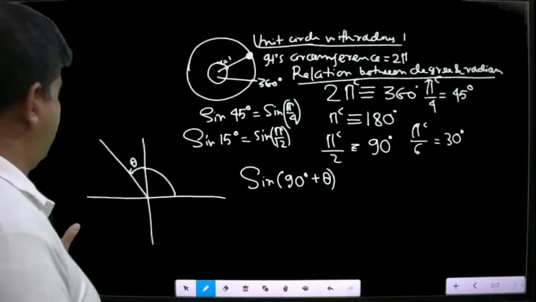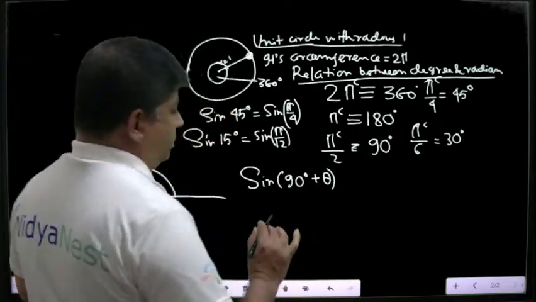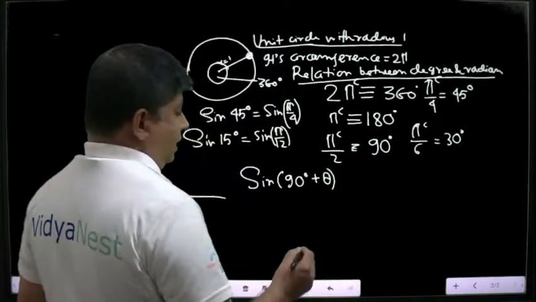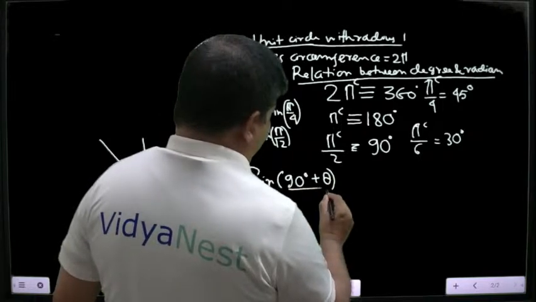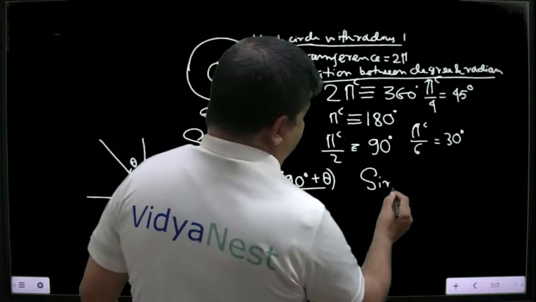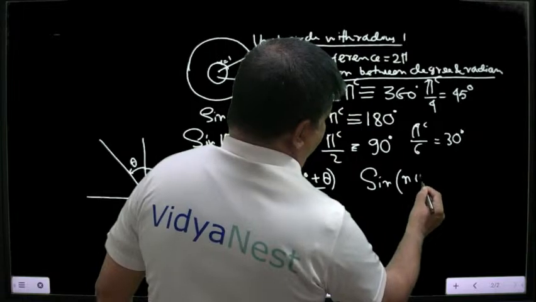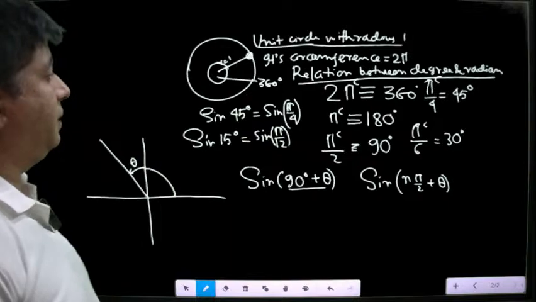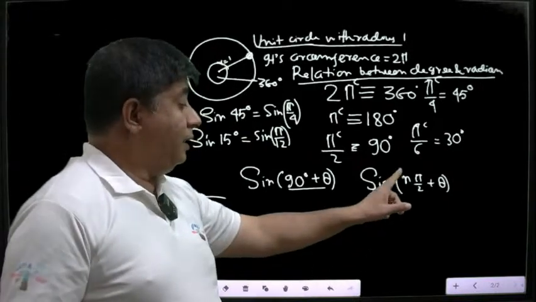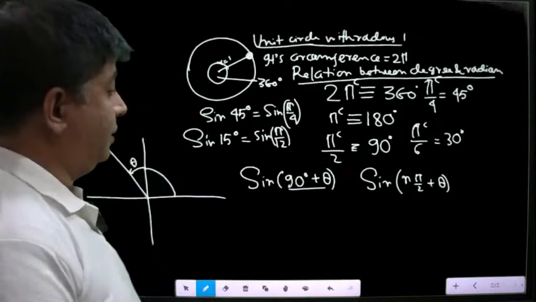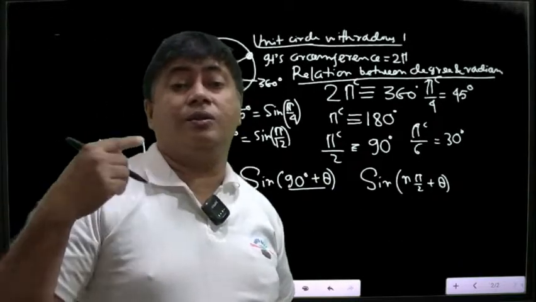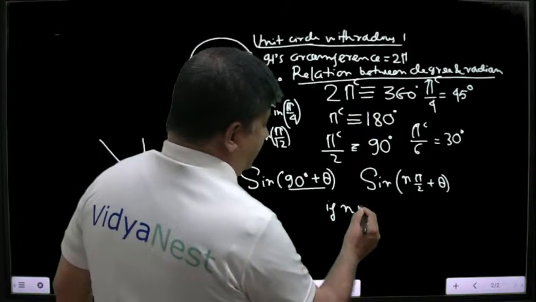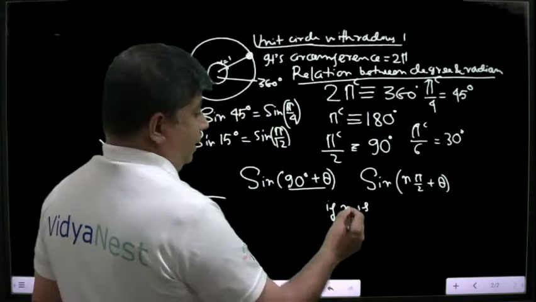So to know this, we should get a generalized property. What is that? You see, sin of 90 plus theta. You take this as sin of n pi by 2 plus theta, where n is a multiple of pi by 2. That will decide in which quadrant it will lie. Now, if n is an even integer,